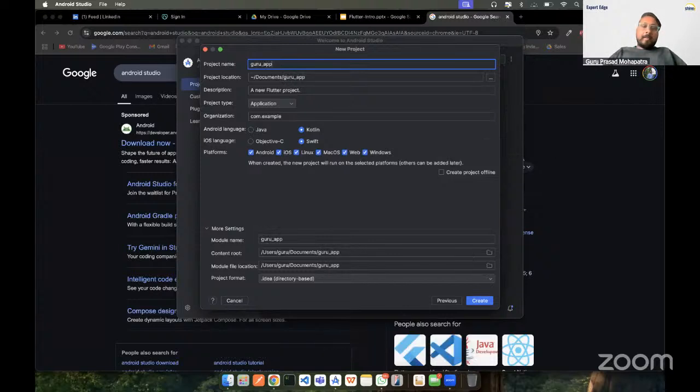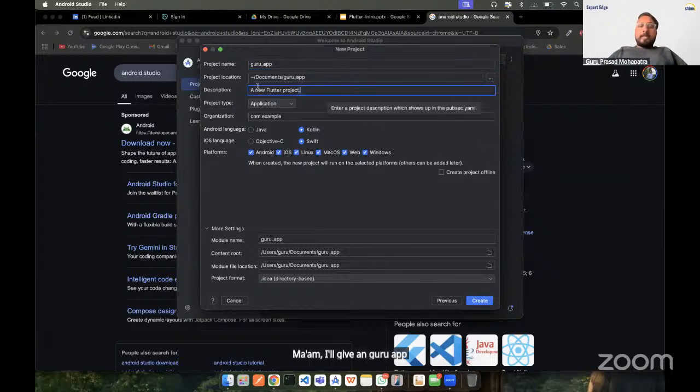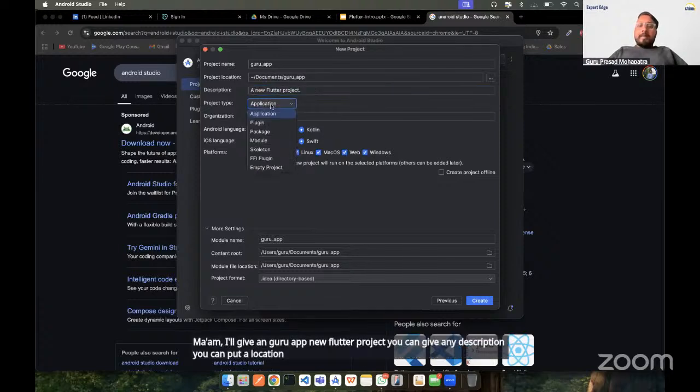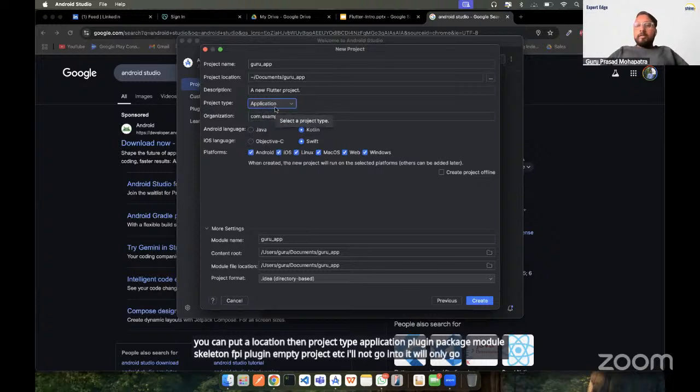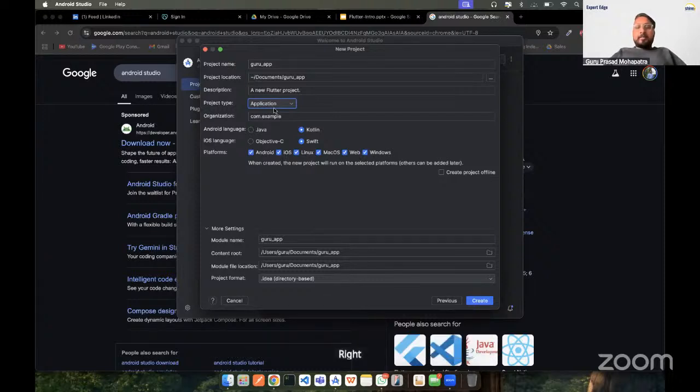I'll give a name, Guru app. A new Flutter project. You can give any description. You can put a location. Then project type: application, plugin, package, module, skeleton, API plugin, empty project, etc. I'll not go into it. We'll only go for application right now. You can learn about the others right after this session.